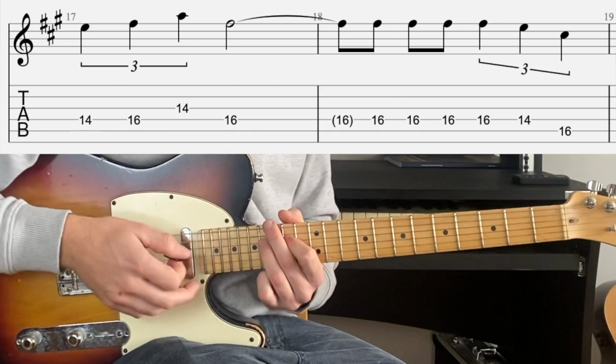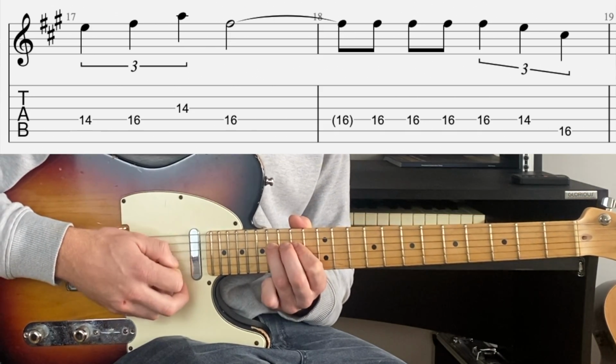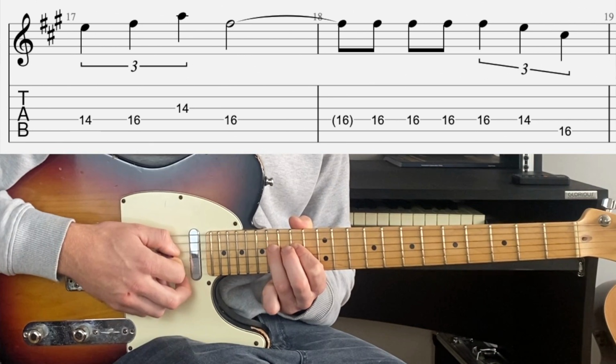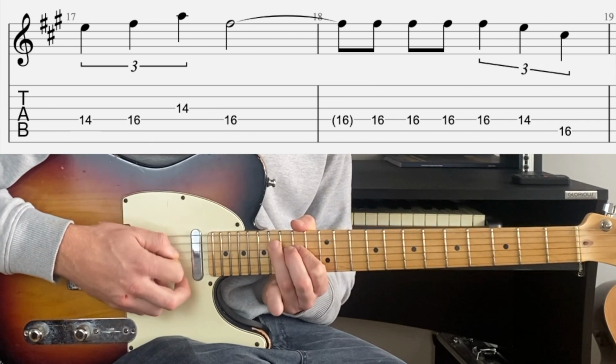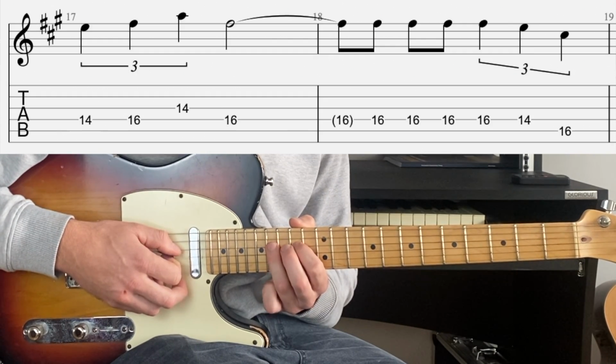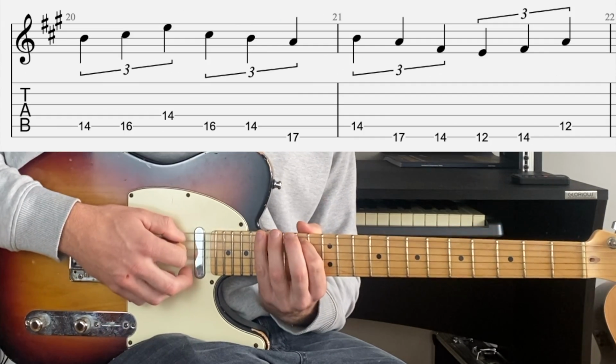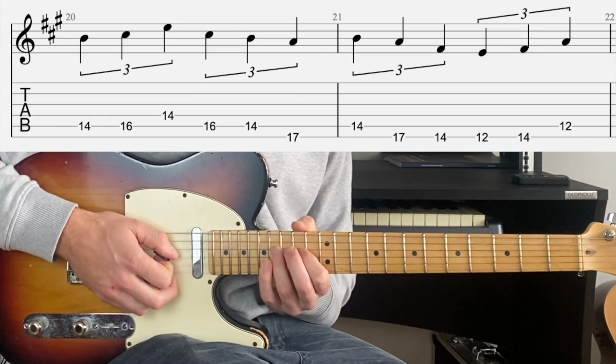Then we're going to do a similar thing on the D string. Go 16 3 times, then we're into our triplets. We play 16, 14 on the D, going down to 16 on the A. Then we've got 14, 16 on the A, going to 14 on the D. Then 16, 14 on the A, going down to 17 on the low E. So